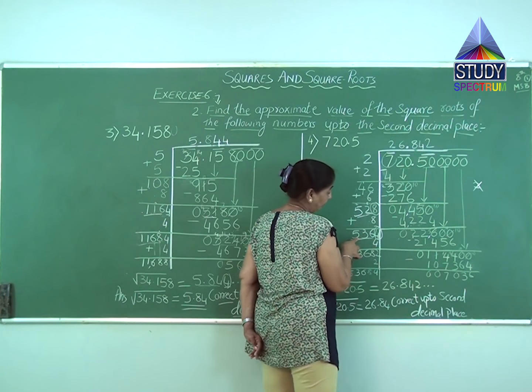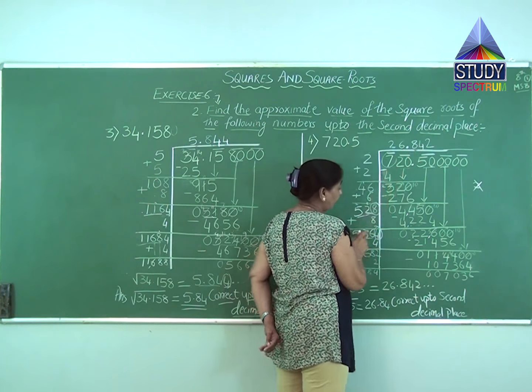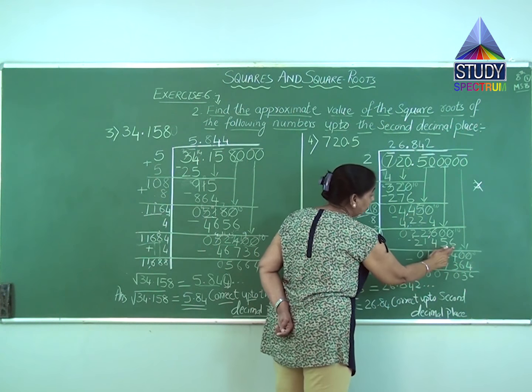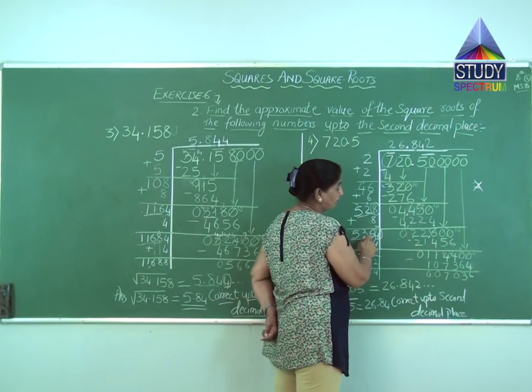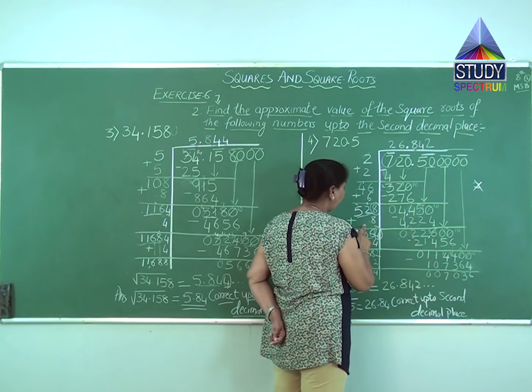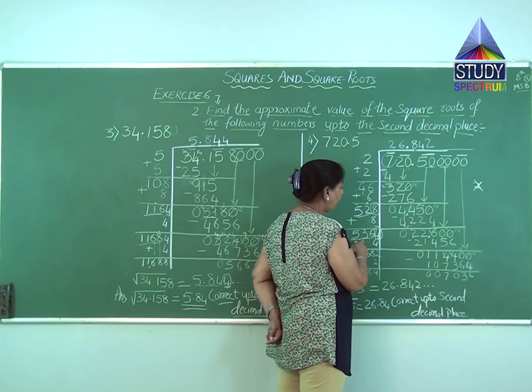put a 4 over here and multiply this number by 4. After multiplying by 4, what I will get? 4 into 4, 16, then 4 into 6, 1 carry. 4 into 6, how much? 24. 24 plus 1, 25. 5, 2 carry. 4 into 3 is 12. 12, then